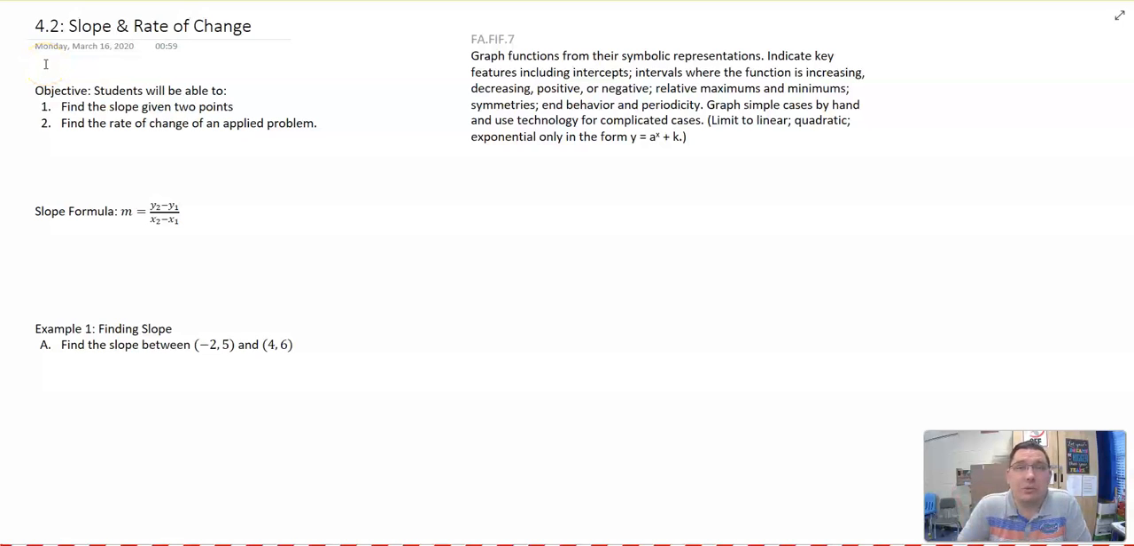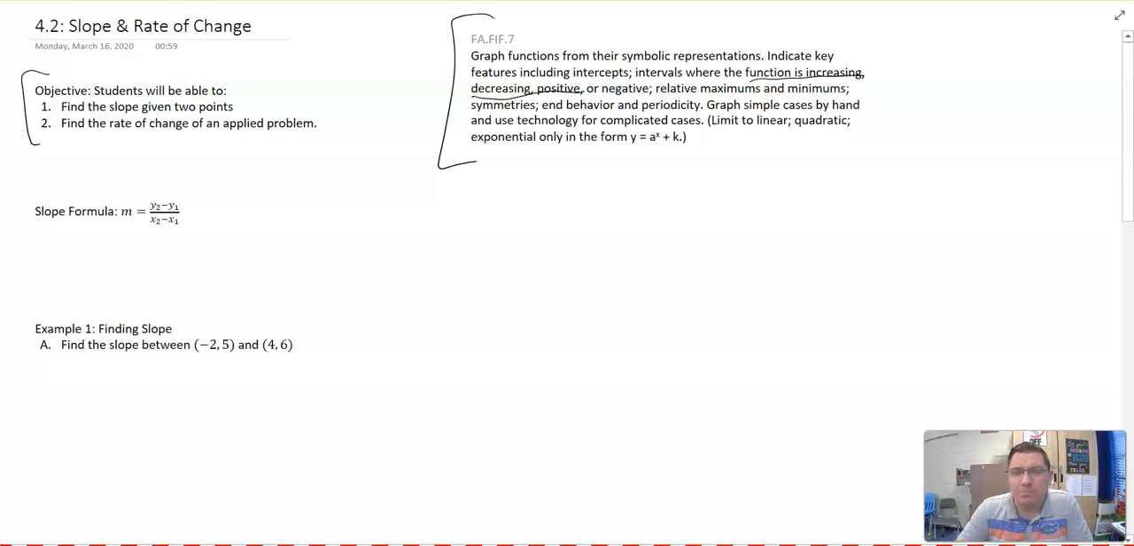Hey there y'all, today we're going to look at 4.2 on slope and rate of change. In this lesson, we're going to look at how to find the slope given 2 points and find the rate of change of an applied problem. This all falls under the standard of FIF 7 and mainly dealing with functions that are increasing, decreasing, positive or